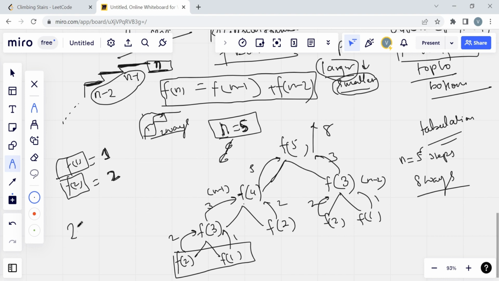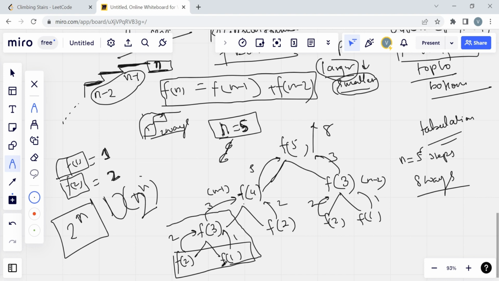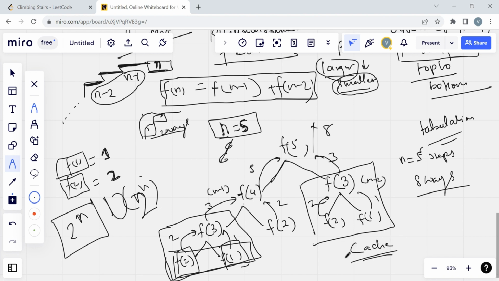It will have a time complexity of 2 to the power n, big O of 2 to the power n. How can we optimize this solution? We'll use the dynamic programming memoization technique. If you see here, F3, F2, and F1 are being calculated multiple times. So here we can save our recursive calls, if we can cache the recursion done for some of those n values,